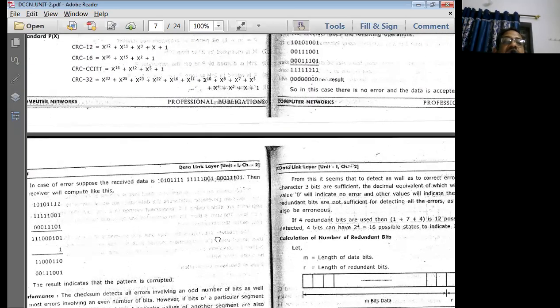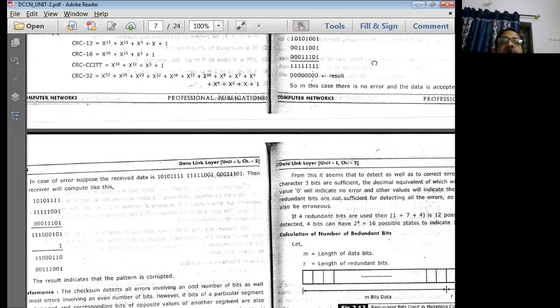The transmitted bits are 1010 1001. Here it is 1010, but instead of double zero, I got double one. That is called a burst error. Then the next data is 0011, instead of double zero I got double one, 111, 001.